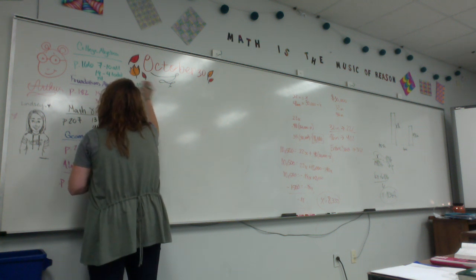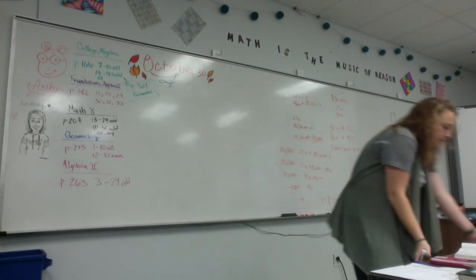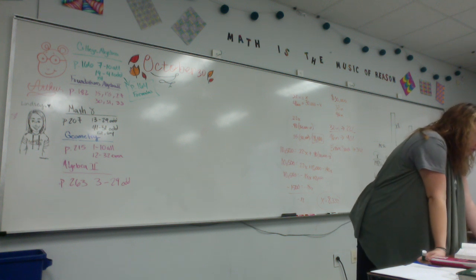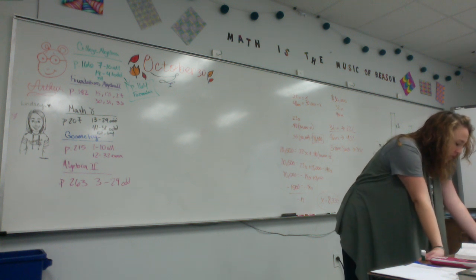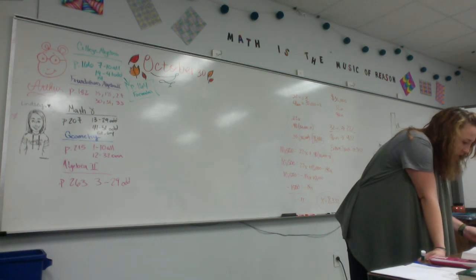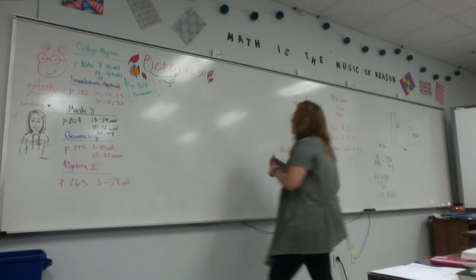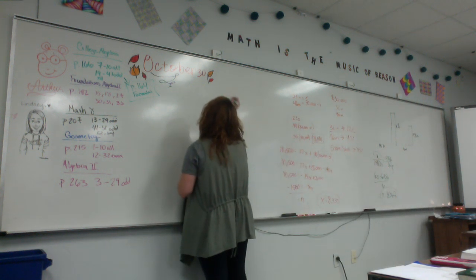On page 164 in your book, there is a list of formulas. You'll need those. It's the area and perimeter of a square, rectangle, circle, triangle, sphere, right circular cylinder, a rectangular solid, the volumes for these, and the cube. There's also an equation for temperature, simple interest, compound interest, and distance. You're also going to have to be able to take equations